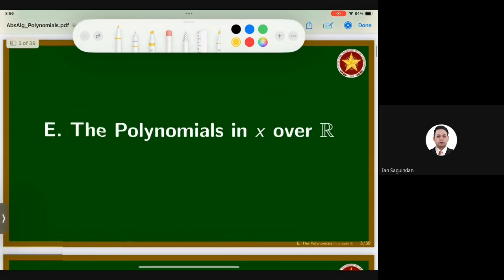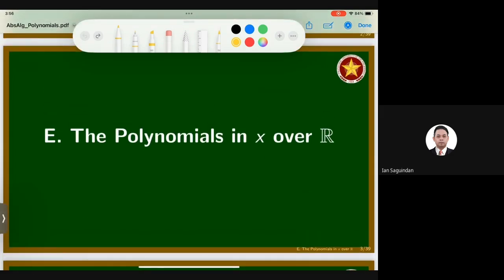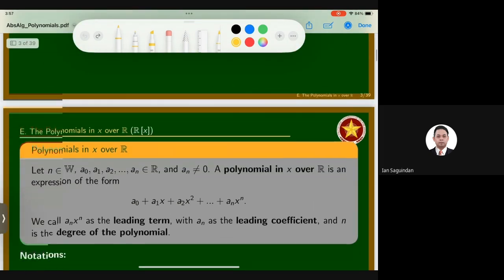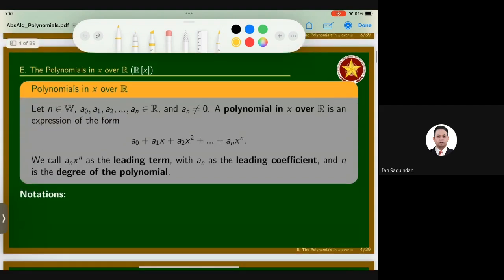Okay, so in particular, we will be saying polynomials in X over the set of all real numbers. In this case, I am saying that the default variable that we are going to introduce for a polynomial will be X. And then moreover, the coefficients making up the polynomials will be coming from the set of all real numbers. Okay, so that is why we will be having this definition.